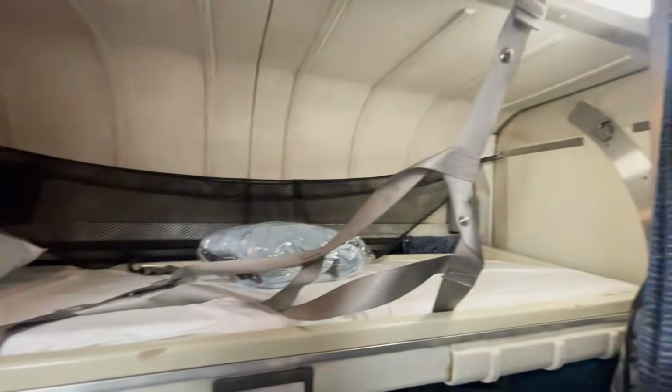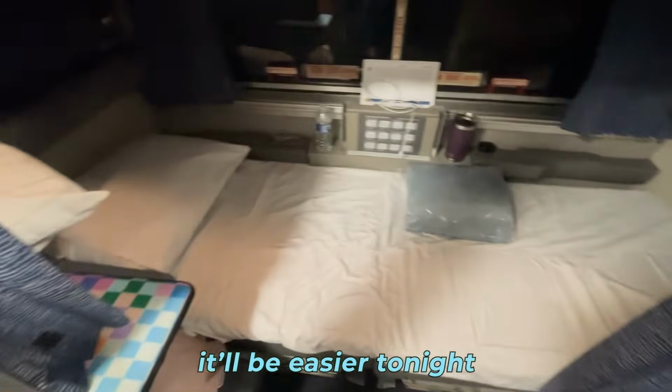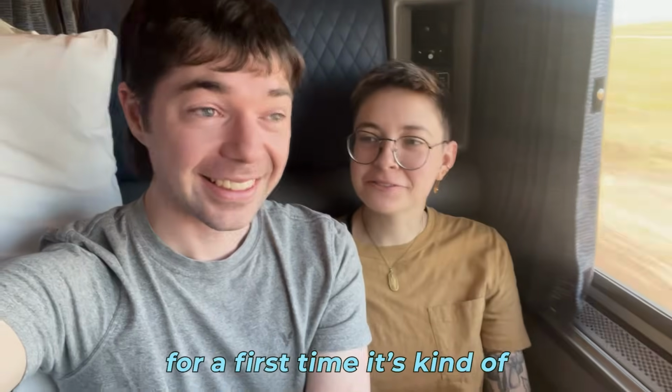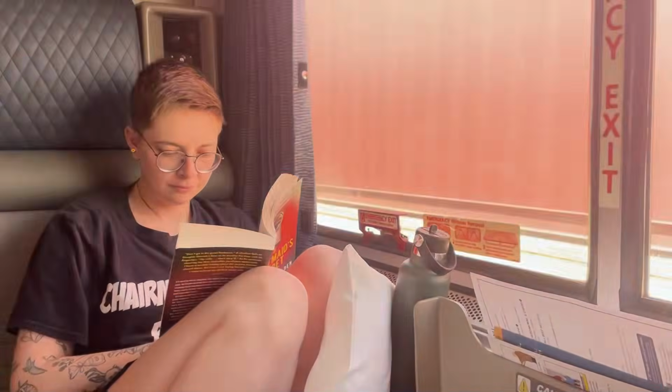It was fine, honestly, once I got past the thought of like, I could fall off this. So having that little net, the harness, yeah, is reassuring. I think now that I know what to expect, it'll be easier tonight. For the first time, it is kind of jarring. Yeah. We enjoyed the rest of the morning relaxing in our room, taking things slow after a rough first night